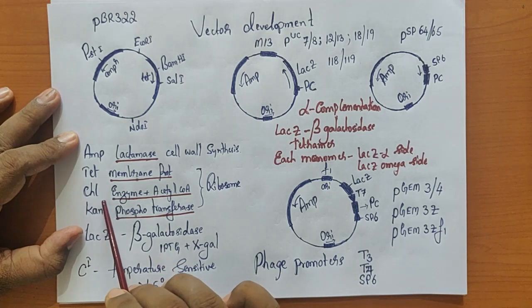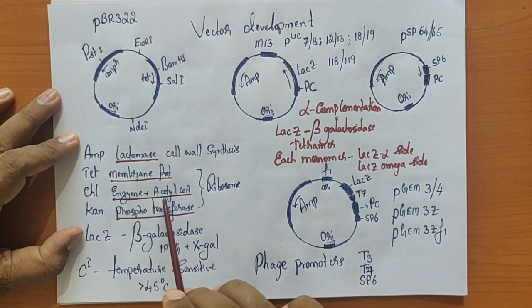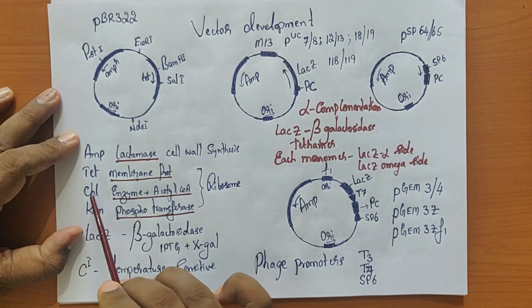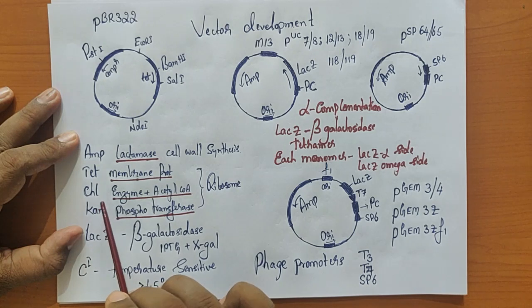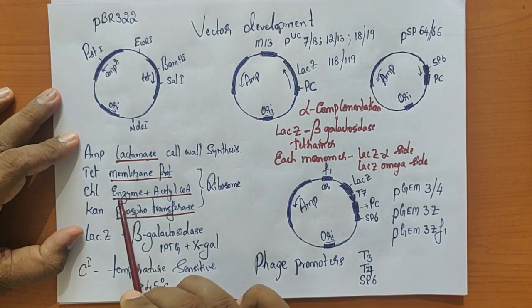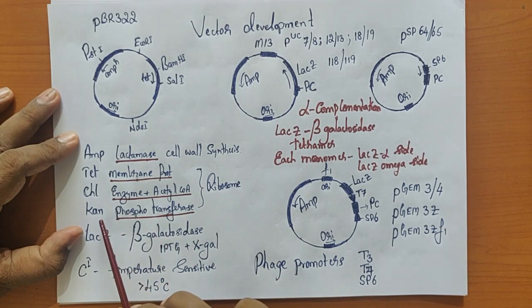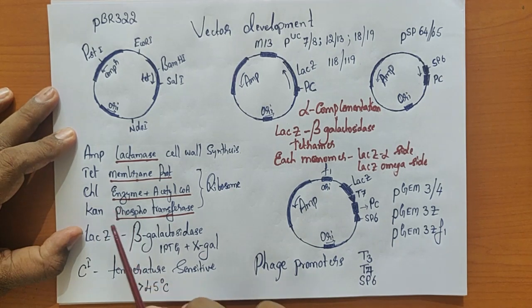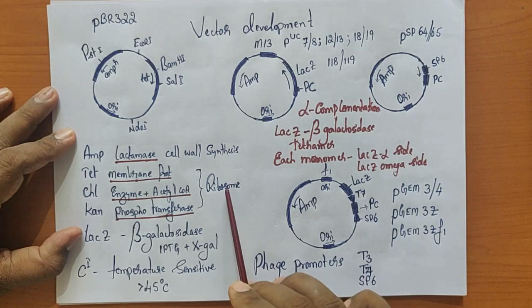Whereas in case of a chloramphenicol resistant gene, it produces an enzyme. Now this enzyme, together with acetyl coenzyme A, will derivatize chloramphenicol into a hydroxy-acetoxy derivative of chloramphenicol. Because of the hydroxy-acetoxy derivatization, chloramphenicol no more binds to the ribosome. Whereas in case of kanamycin, which is an aminoglycoside, the resistance is because of the phosphotransferase enzyme, which will add a phosphate group to this aminoglycoside so that it will not bind to the ribosome.